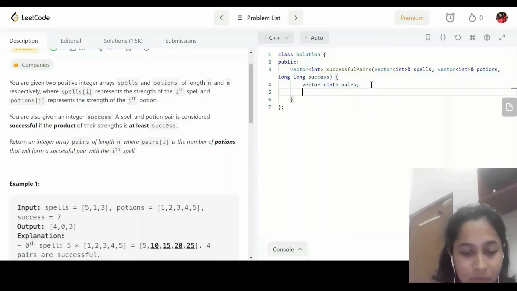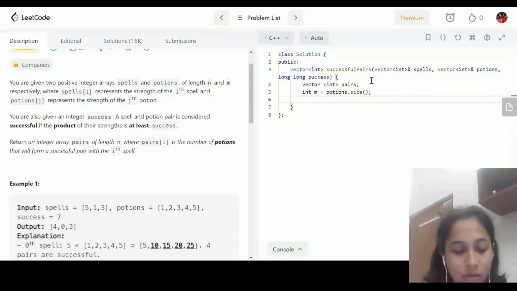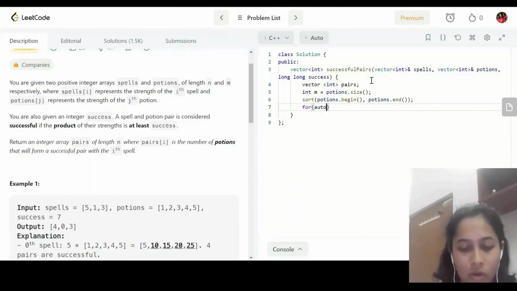Now let's take the size of the portion. So I'm storing it in the m variable, portions dot size. Now let's sort this portion. Now for each spell I will be iterating over the portion. So for auto i in spells,